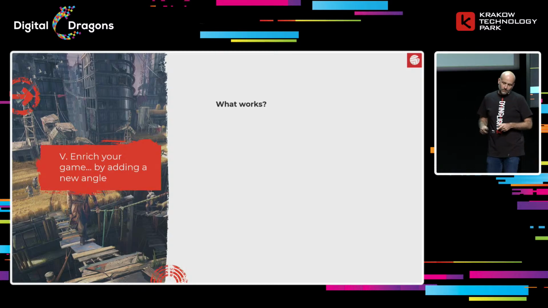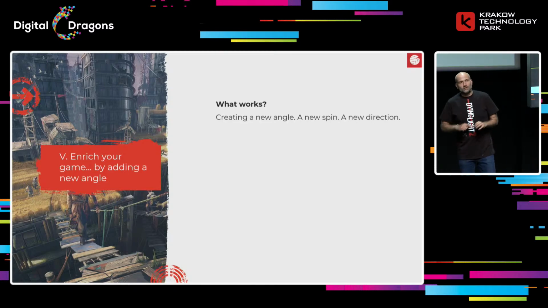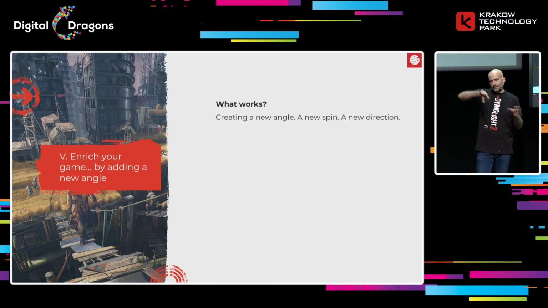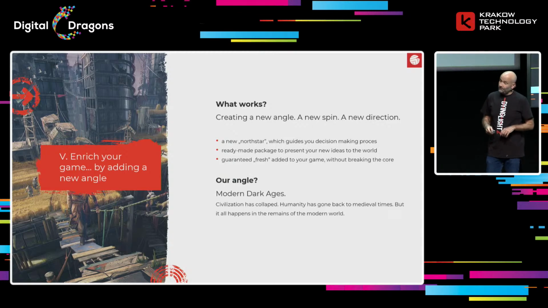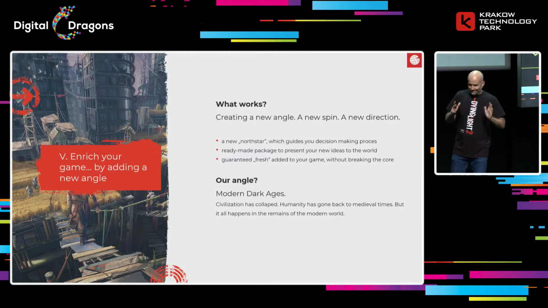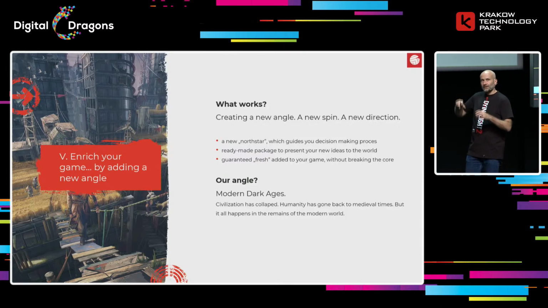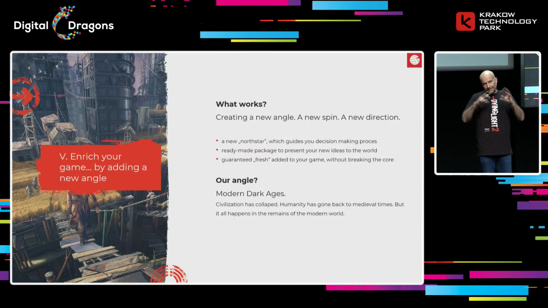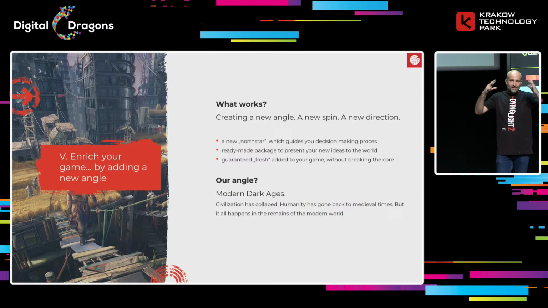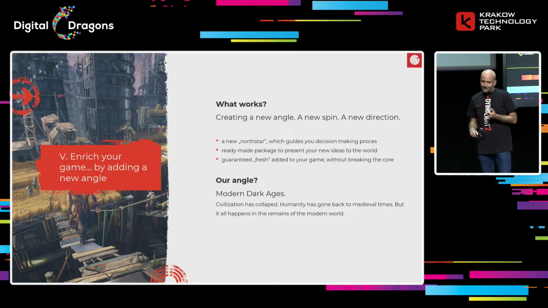But there is one thing you can do. And I think what you can do is to create a new angle from which you can look at your game, a new spin, a new direction. And for us, it was the modern Dark Ages. We came up with this idea that basically Dying Light 2 is in parts still Dying Light 1, but we will look at it differently, putting it in a setting which we call the modern Dark Ages, where the broad, high-level idea was that civilization has collapsed.